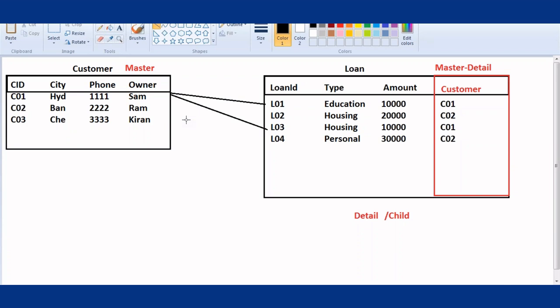I will repeat all the points one more time. Master detail is what type of relation? One to many relation. Right. Next. It can be created on which object? On a custom object, which doesn't have any records in it. The object in which I have created a master detail relation is called the detail object. Where am I going to create a master detail? In a one to many relation,